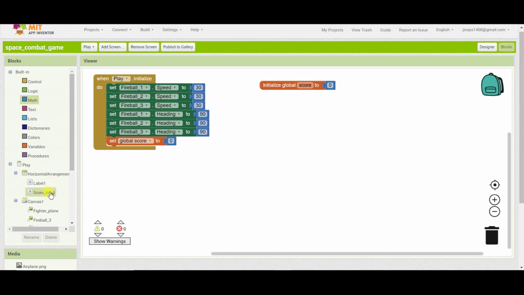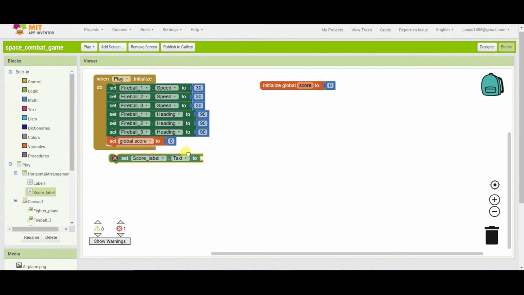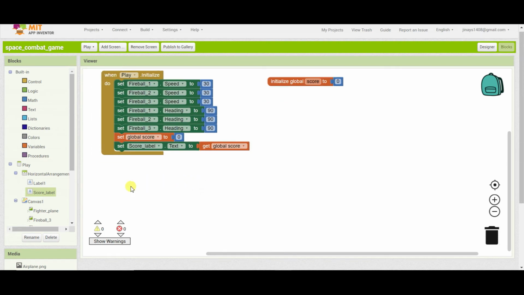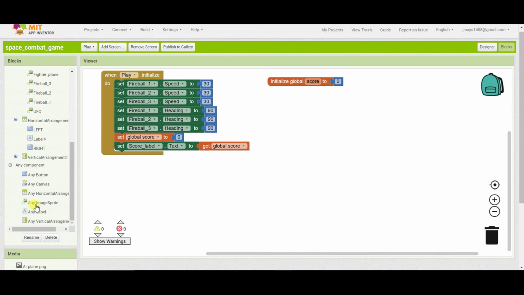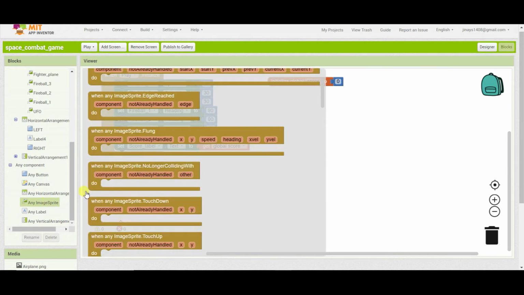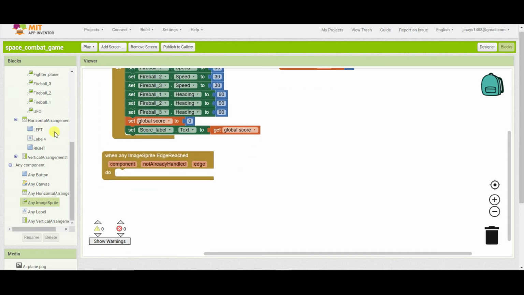And we have to set the score label dot text to get global score. Now you can see any component and a plus sign besides it. Just click there and go to any image sprite. when any image sprite edge reached.